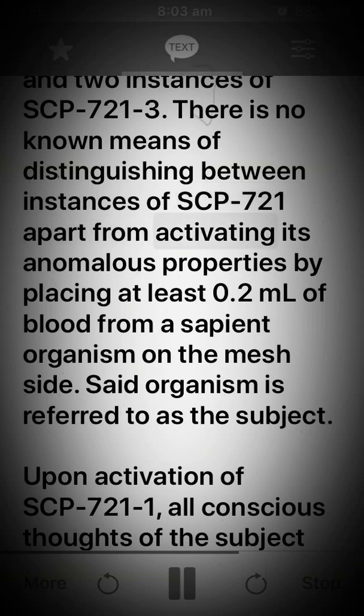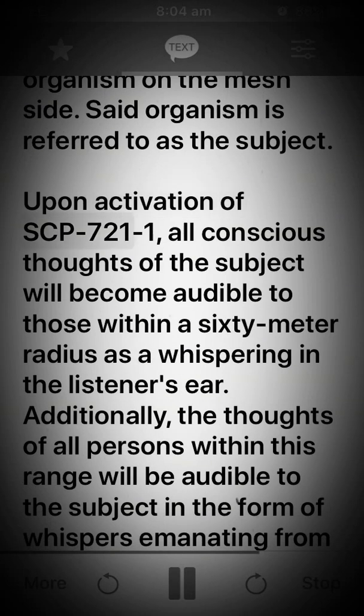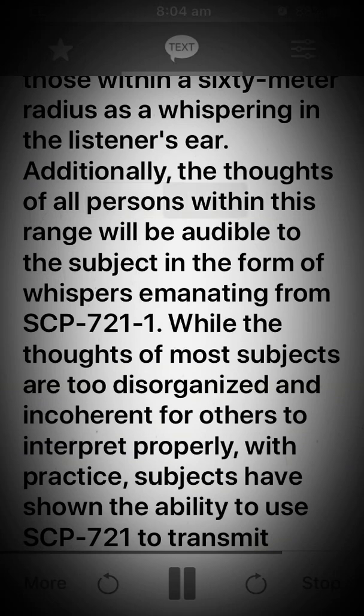SCP-721 apart from activating its anomalous properties by placing at least 0.2 ml of blood from a sapient organism on the mesh side. Said organism is referred to as the subject. Upon activation of SCP-721-1, all conscious thoughts of the subject will become audible to those within a 60-meter radius as a whispering in the listener's ear. Additionally, the thoughts of all persons within this range will be audible to the subject in the form of whispers emanating from